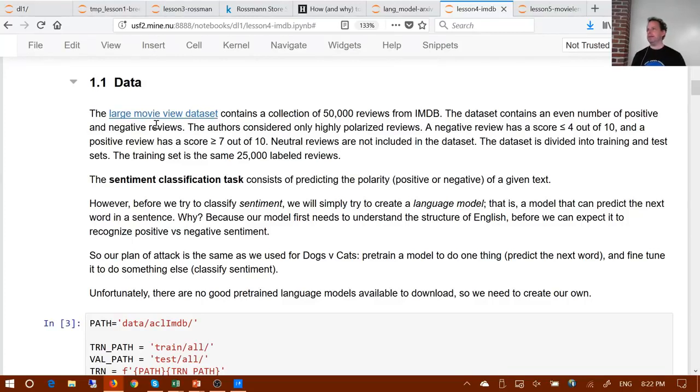Lots and lots of people over the years have studied this data set. 50,000 reviews, highly polarized reviews, either positive or negative. Each one has been classified by sentiment. Okay, so we're going to try, first of all, however, to create a language model. So we're going to ignore the sentiment entirely. Just like for dogs and cats, pre-train the model to do one thing and then fine-tune it to